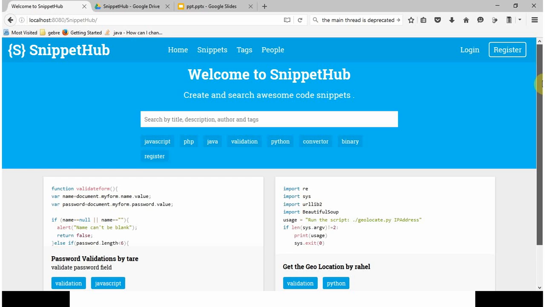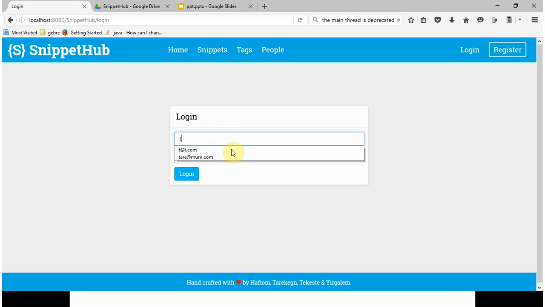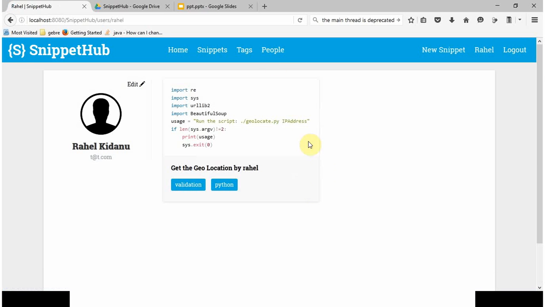At this stage we finished. Thank you. Okay, my name is Takasta. I will be demonstrating the snippet creation process. We have to log in first. I have this user already here. Log in, and then